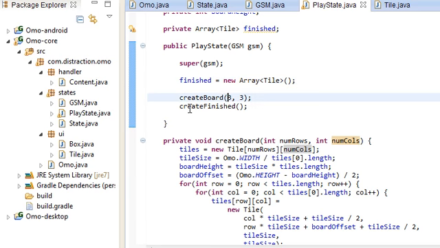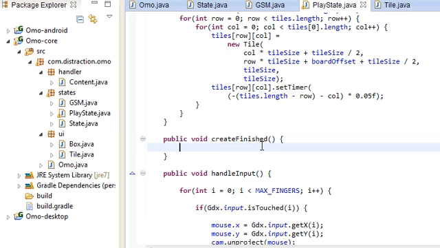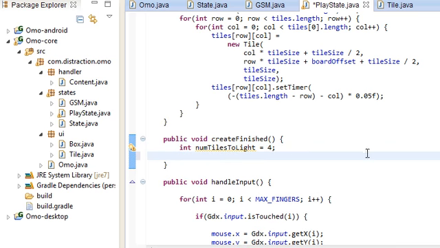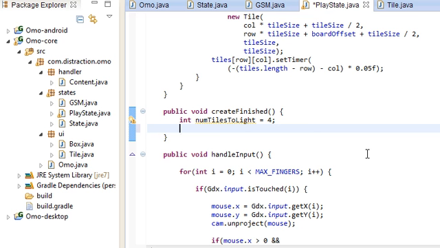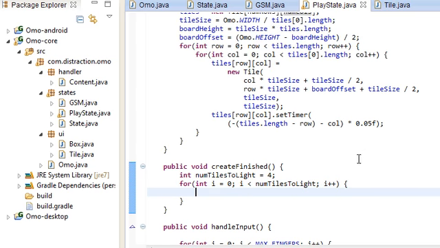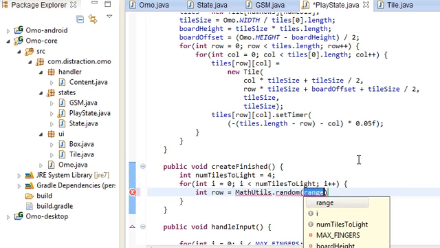And over here in create finished, what we're going to do is populate the list with random amounts. So first off, num tiles to light is going to be something. Let's make it 4 for now. We're going to change that later. We're not going to hard code the 4 into there. So I need to use a for loop. Num tiles to light. And I need to select a random row and column. So int row is equal to MathUtils.random. Range is